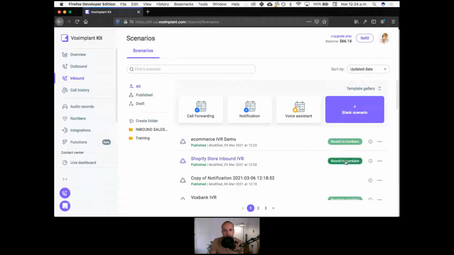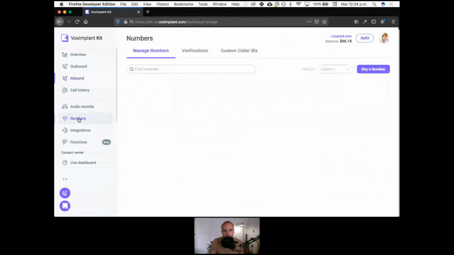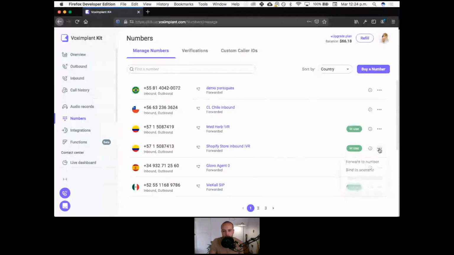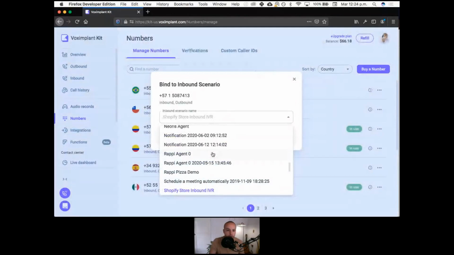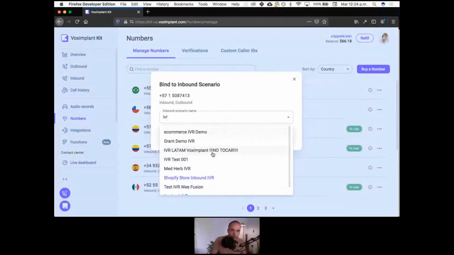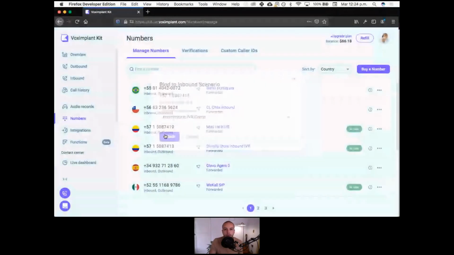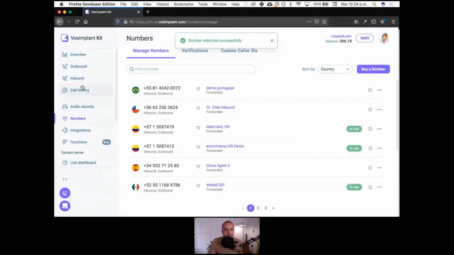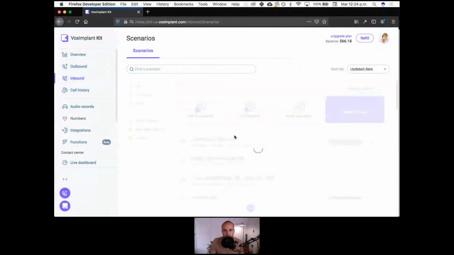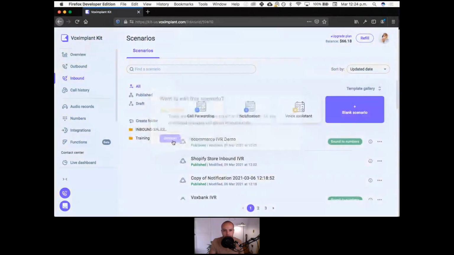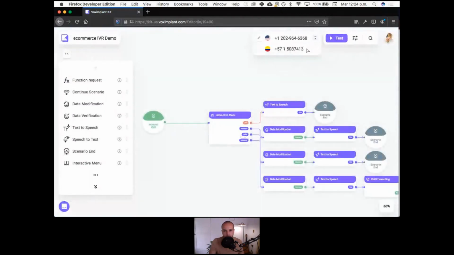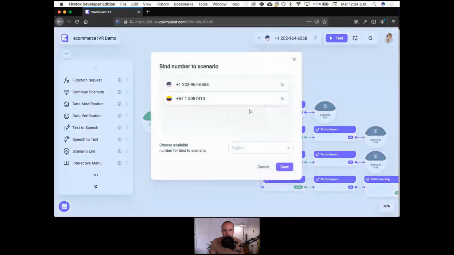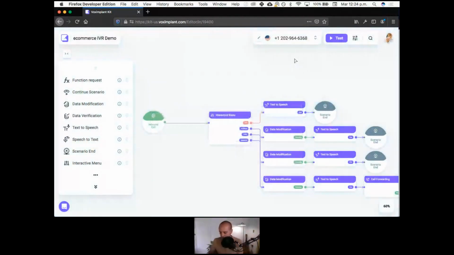So how would I change this? I just go to numbers. I have a Colombian phone number here, and I will take it from another scenario that I have, and I'm going to commerce IVR demo. I will attach this. Okay. Now if I go to my scenario, I will see that I have both of them related to this scenario. Now if I call into this number,